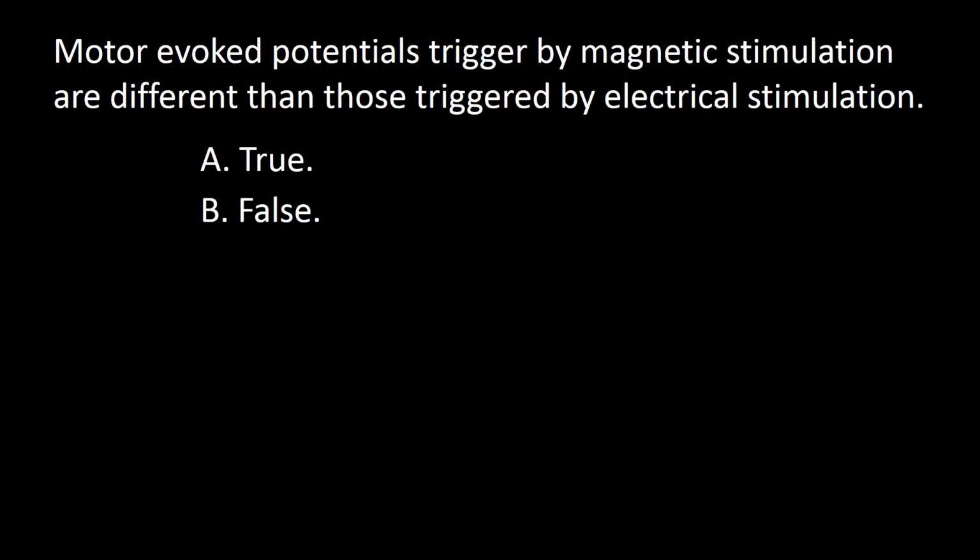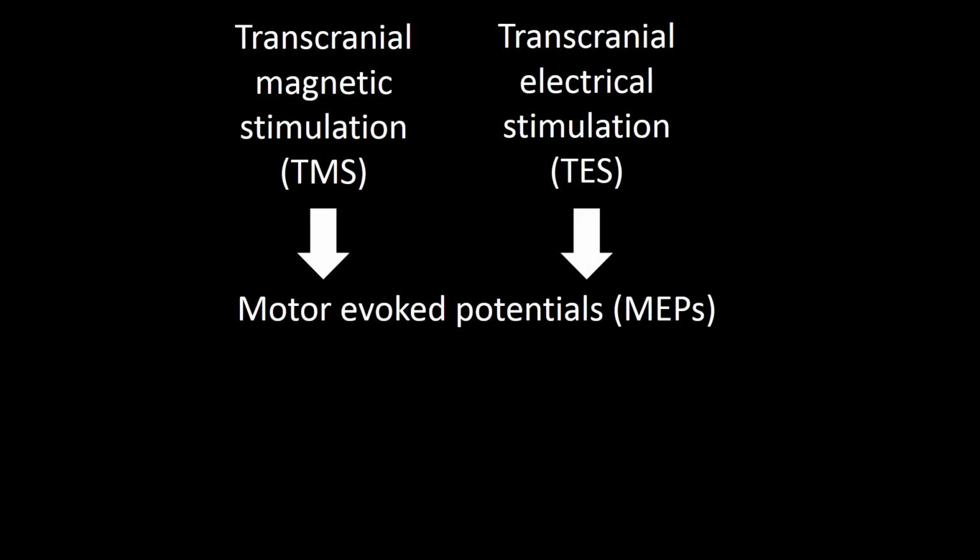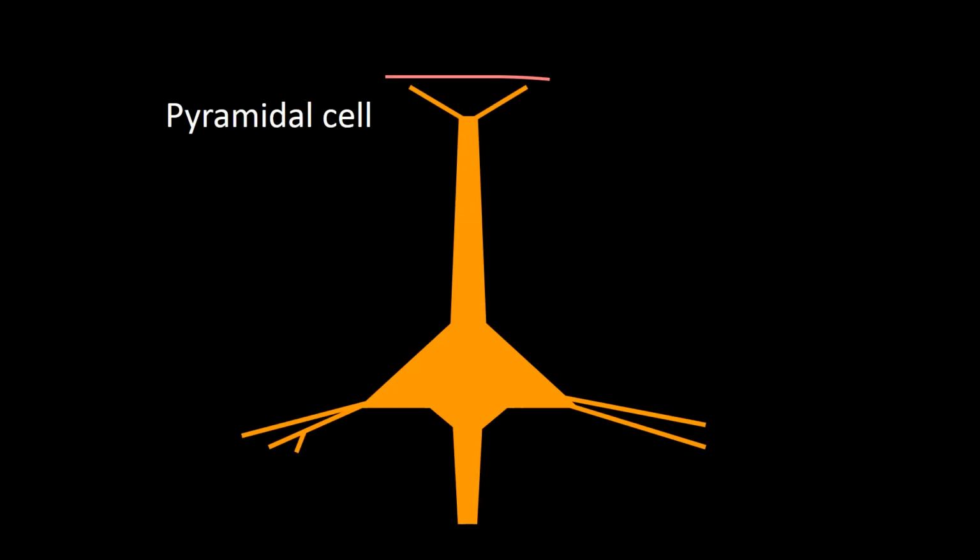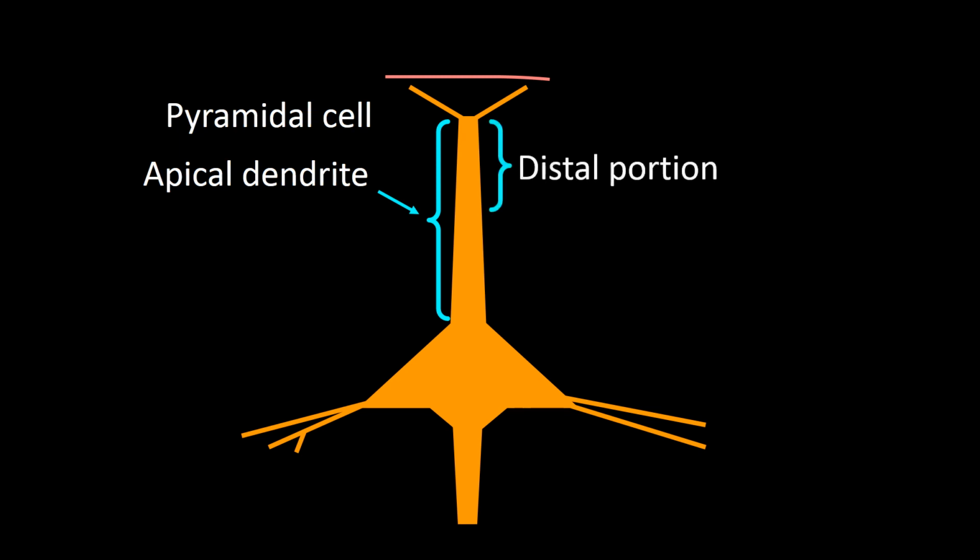Next question. Motor evoked potentials triggered by magnetic stimulation are different than those triggered by electrical stimulation. A true, B false. Motor evoked potentials can be triggered by transcranial magnetic or electric stimulations. In this frame, you can see a representation of a pyramidal cell with its apical dendrite, which can be divided into a distal portion and a proximal portion,